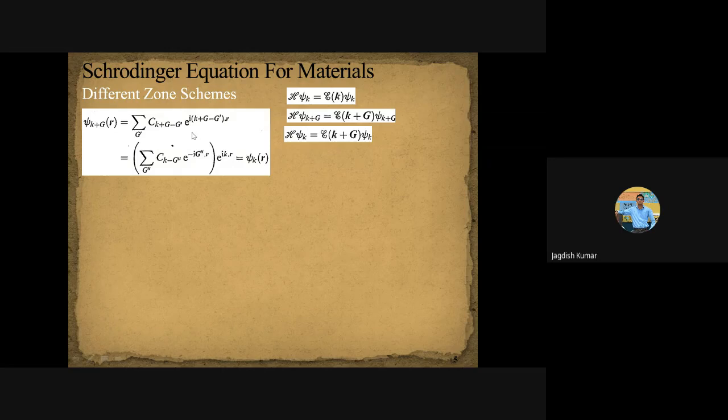maybe when we will be talking about an electron subjected to a periodic potential. But for now, just remember why I brought this topic here, because here we are talking about the reciprocal lattice vector. One very interesting property of the wave function is that psi K plus G of R is psi K of R. It means if you add any reciprocal lattice vector to the electronic state, that doesn't affect the wave function. That's another way of looking at it. And if we apply this